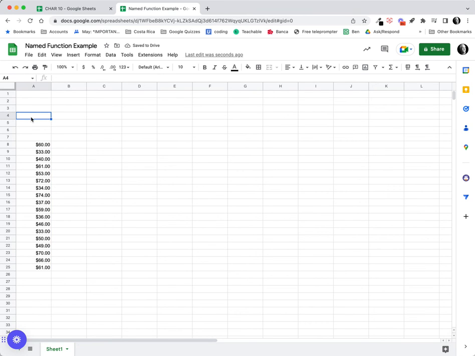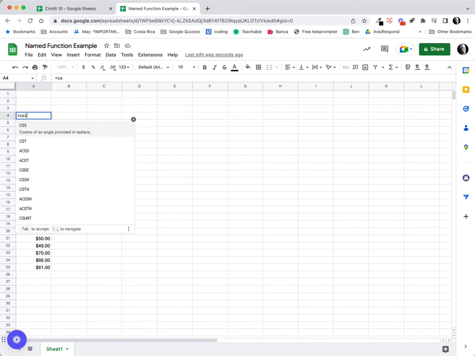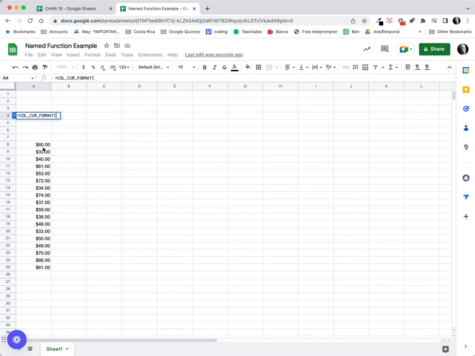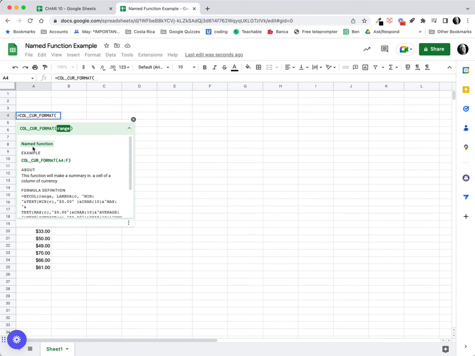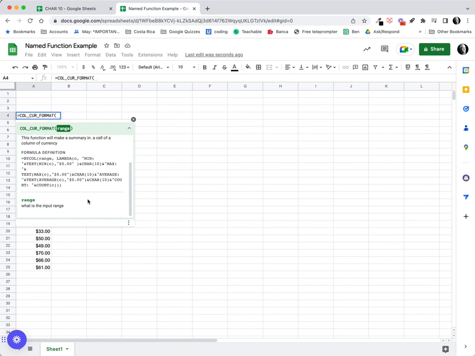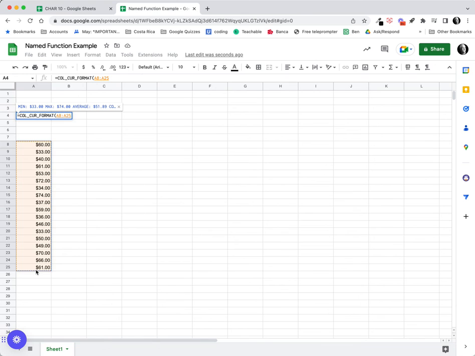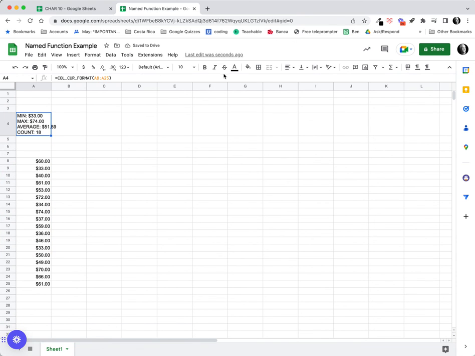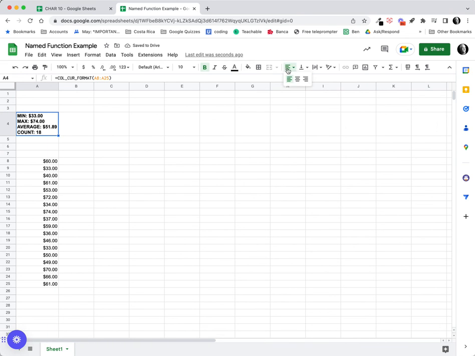Now here in this column A, in row 4, I can go equals call curve format. Great. What it's asking for is a range, and if you open this up, you can see it's a named function, call curve format, A4 to F is I think what we put in our example. This function will make a summary in a cell of a column of currency, formula definition, and so forth. Range, what is the input range? So I can put that away. I can select my range, and bingo, there's my very quick, very nice function that I built once in one